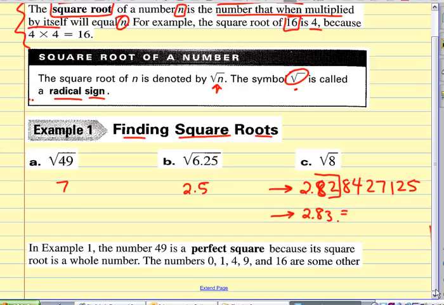Sophia? 8.9. It's close to 8, isn't it? All right, what did you get, Hannah? 7.9534. Oh, I don't think so. If we multiply this number, we're going to virtually get 8. The calculator is just going to give us 8. If we type in 2.828427125 times, no. That whole thing for us. Okay? The more number